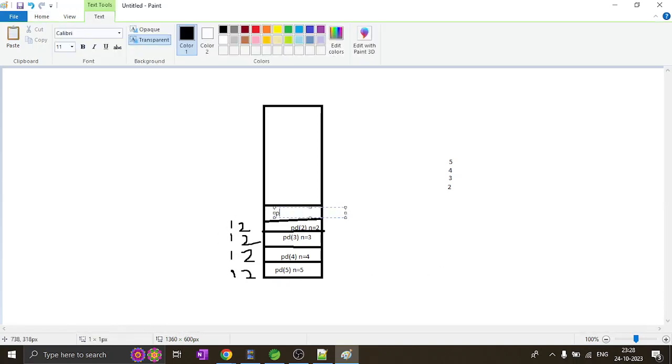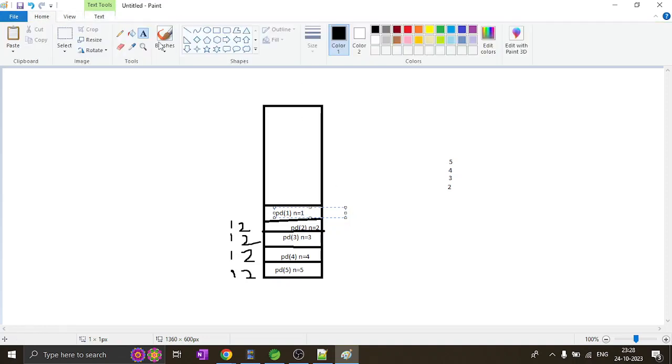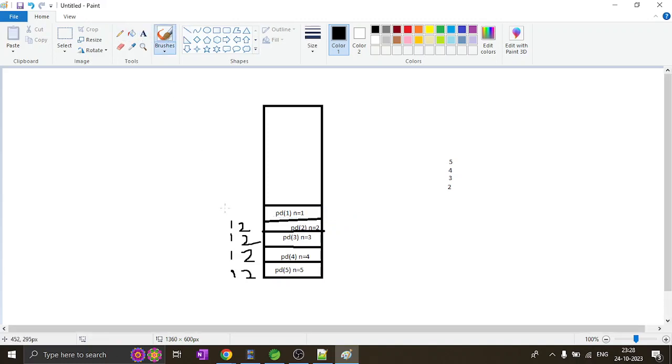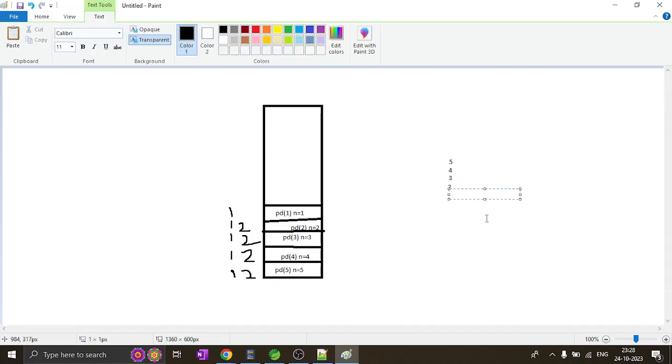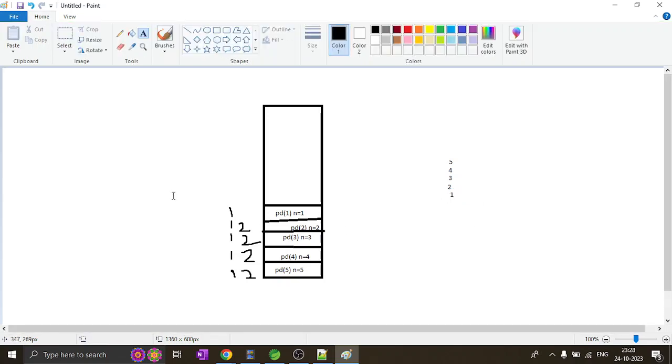Not the stack trace, just pd1, where n is equal to 1. So for the first line, what happens is 1 is printed because n is equal to 1 here, right? So 1 is printed, right? And for the second line,